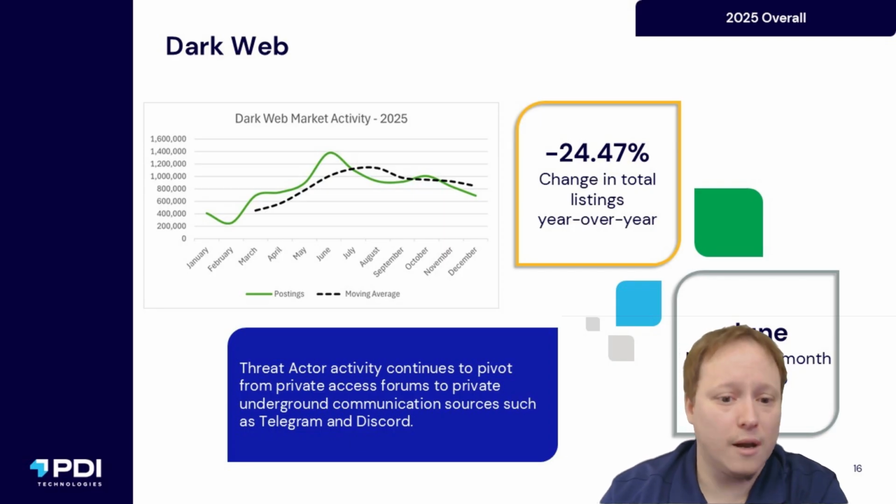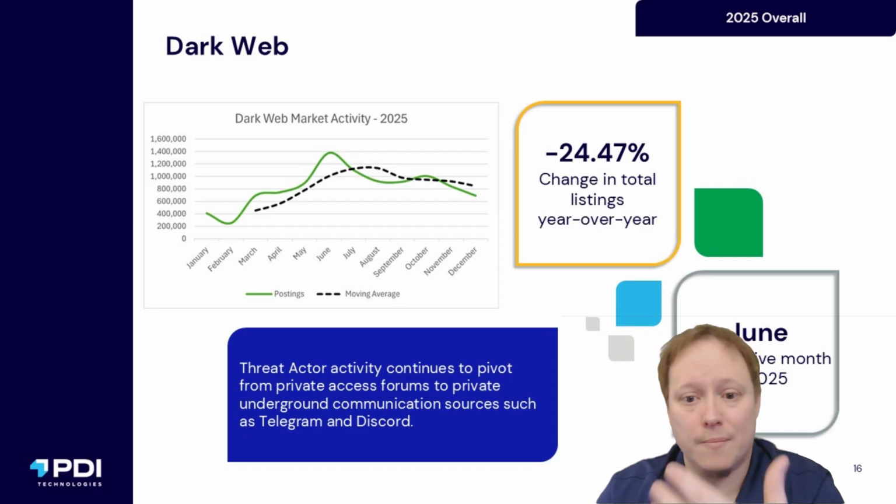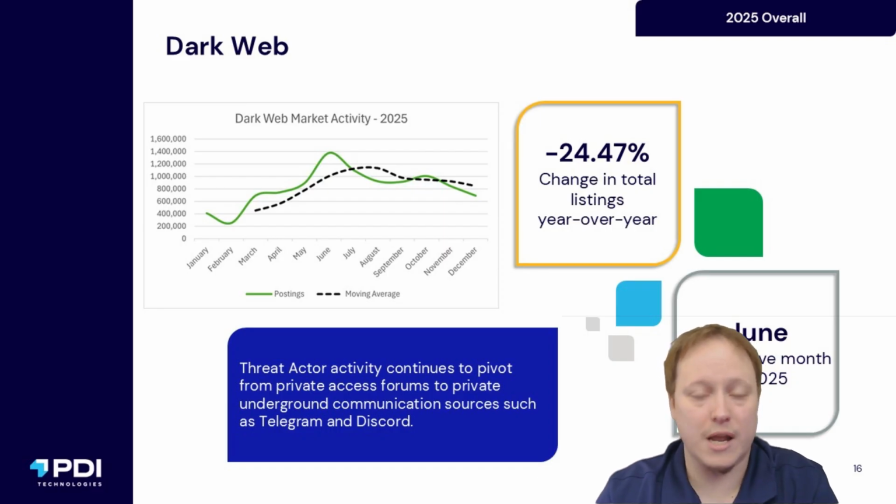Then when we look at Luma Stealer, as we discussed before, we saw this large year-over-year drop attributed to that law enforcement disruption. Even with that disruption, though, and to really emphasize how big of a thing Luma was, it was still the most prominent info stealer used in 2025. As mentioned before, with that power vacuum, we're finding other variants starting to come in and fill that, things such as Vidar, Creed, and Ramadanthus.